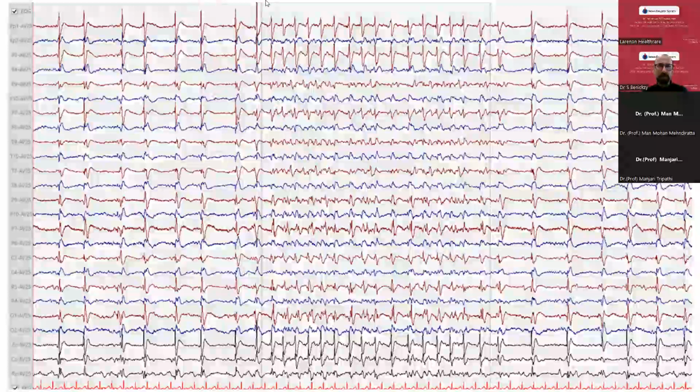So between these 2 gray lines, you have 10 seconds. So here you can see 30 seconds of EEG. And then you can see this around 1 Hertz or even less than 1 Hertz frequency. And then all of a sudden, this switches to the higher frequency and back to the lower frequency. So can you see this ping pong? This is the fluctuation. And this is in a common average montage, but I can show you the same in